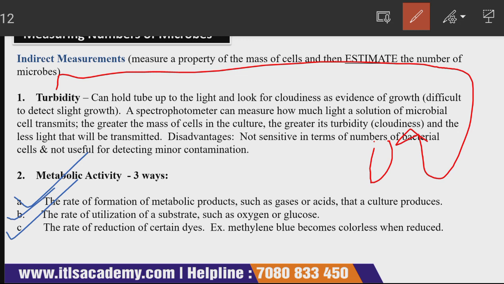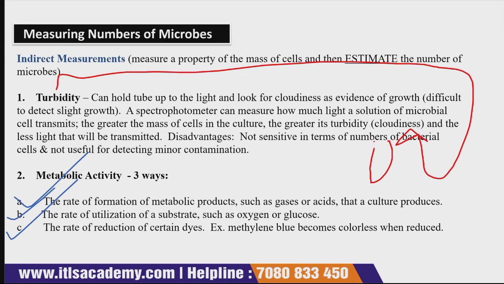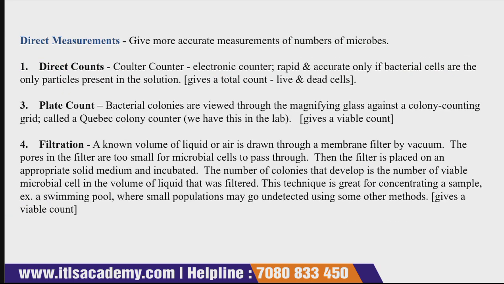That is how the substrate is utilized, such as oxygen, such as glucose. These all act as a substrate. Then comes the reduction of certain dyes, for example methylene blue becomes colorless when reduced. So these are three metabolic activities that microbes possess. Now after completing the indirect measurement, that is how indirect measurement measures the number of microbes, then